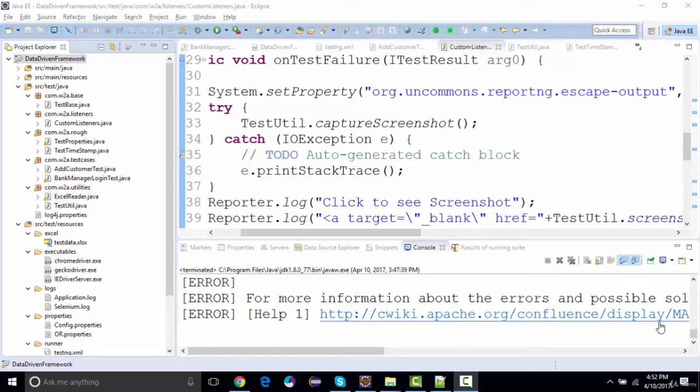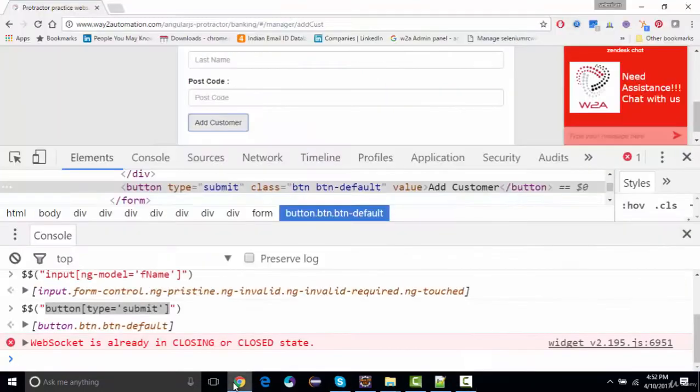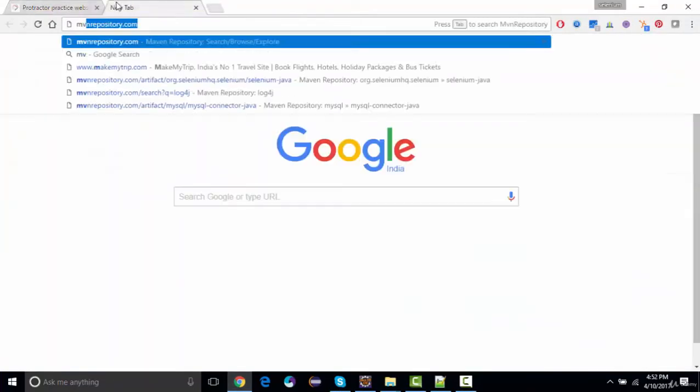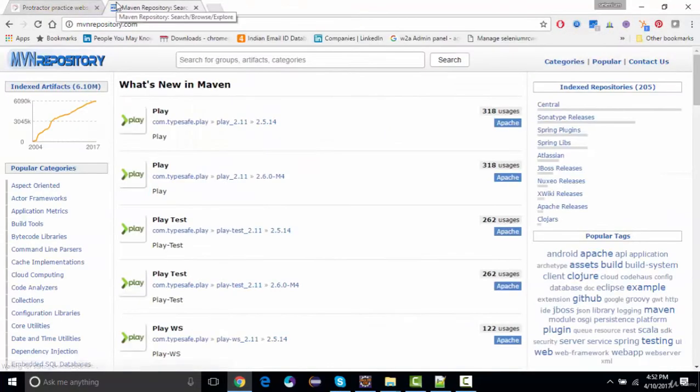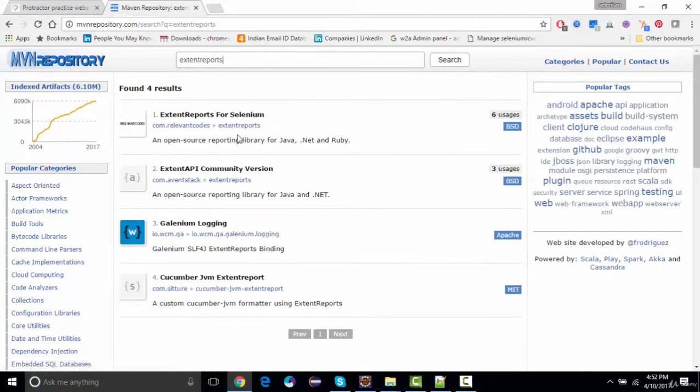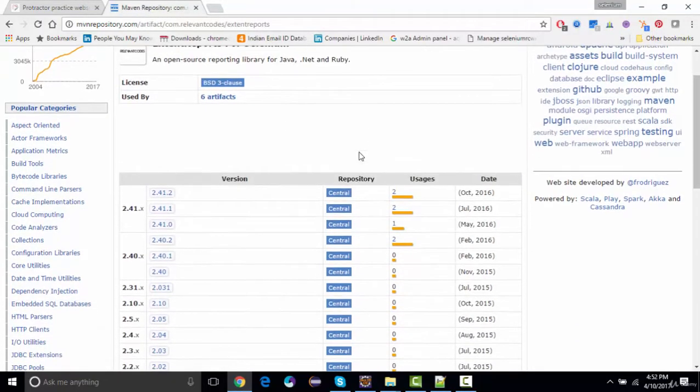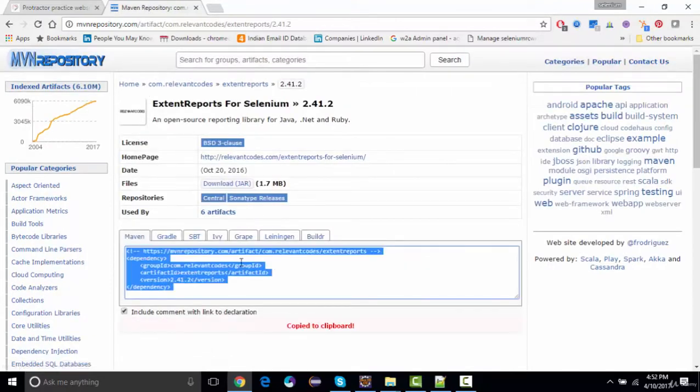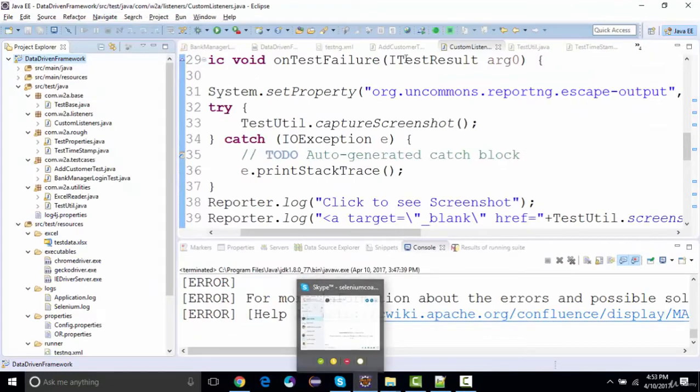So let's implement another interactive report now, that is extent report, right? For extent report, we'll go to the Maven repository and type extent reports over here. And this is a jar file that you would be needing for the extent reports, the latest one, right? So we'll go to POM XML